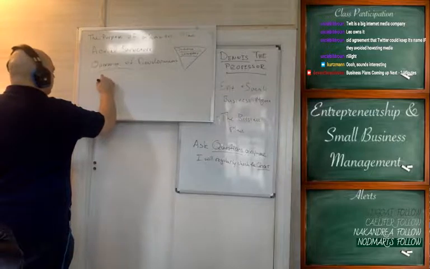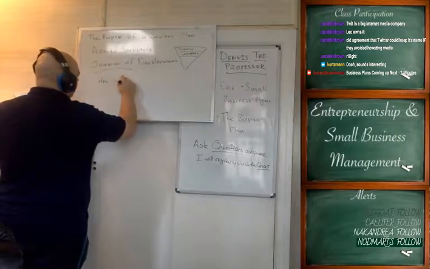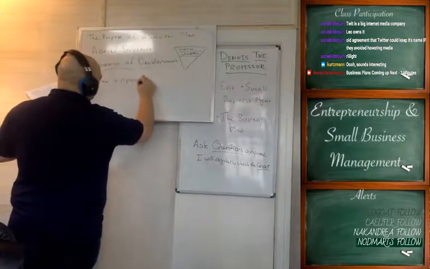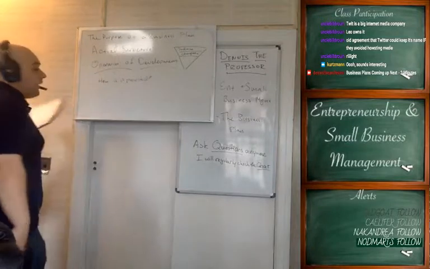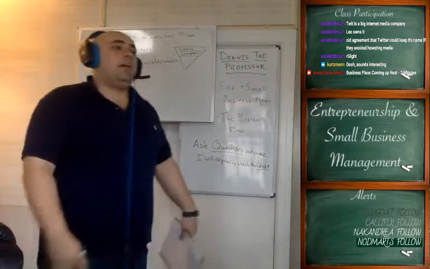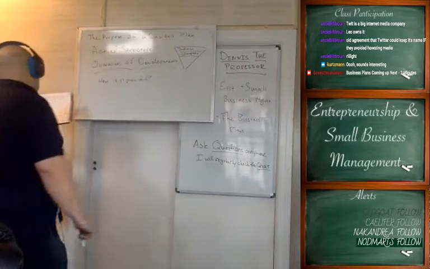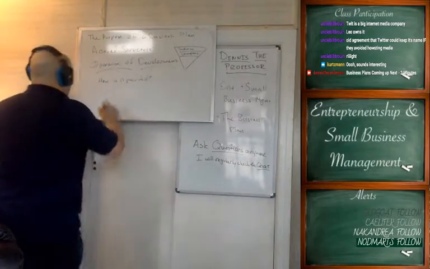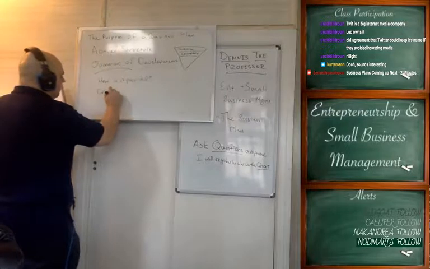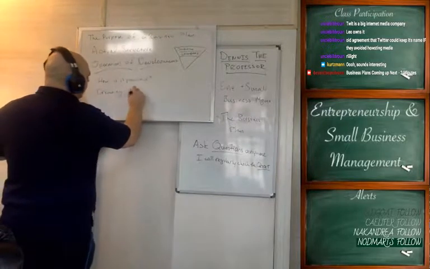So how are you providing your product or service? Whether it's a product or a service, how is it provided? Are you renting it? Are you selling it? Do people come pick it up at your store? Do you ship it to them? Do you drive it over to them? How does that work? How are you creating value in your operations?